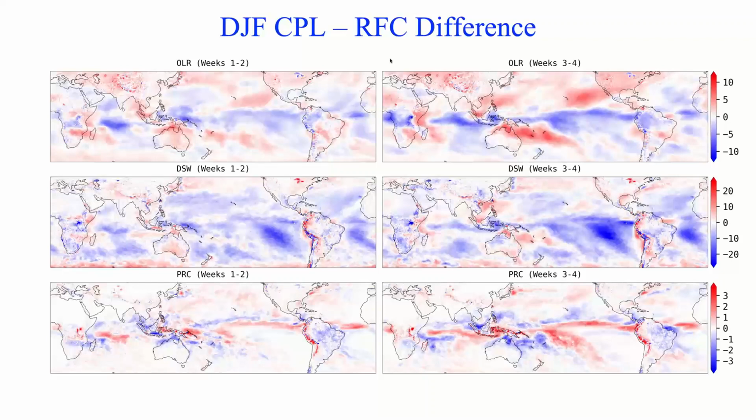So now you can see that with the outgoing longwave radiation in the tropical region, including the West Pacific and the West Pacific East, and also the Indian Ocean, there is more longwave radiation going out, and the downwelling is less, and actually precipitation is more. And you can also see the ITCZ in the tropical East Pacific is more shifted to the south. So this signal is getting stronger in weeks 3 and 4. And particularly notice this is very cold. Okay, next, please.